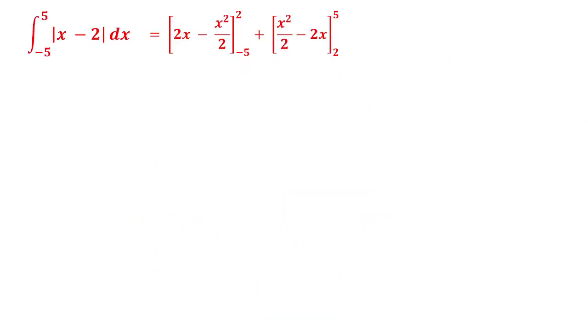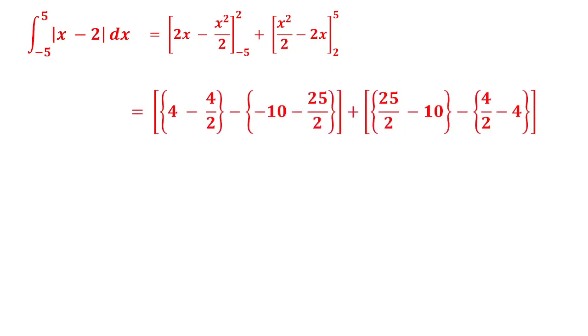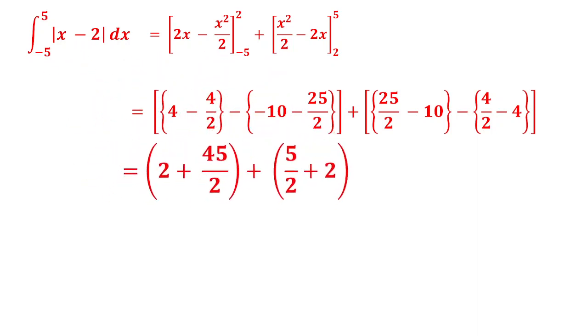Let us continue. Now we have to put the upper limit minus lower limit. I have put it now. Upper limit, when you put it in the first term: 4 minus 4 by 2. Lower limit, when you put it: minus 10 minus 25 by 2. In the second one, x square by 2 minus 2x, when you put the upper limit 5, it will be 25 by 2 minus 10, minus of, when you put the lower limit, 4 by 2 minus 4. Now we will